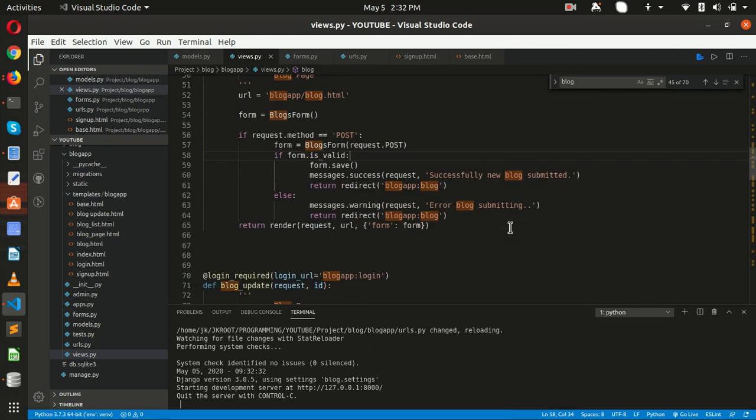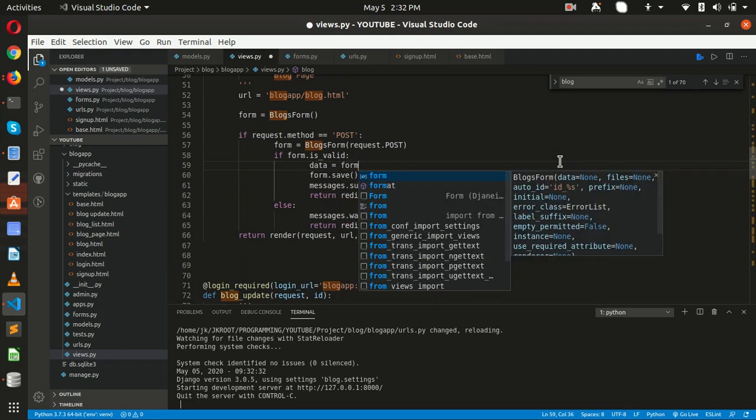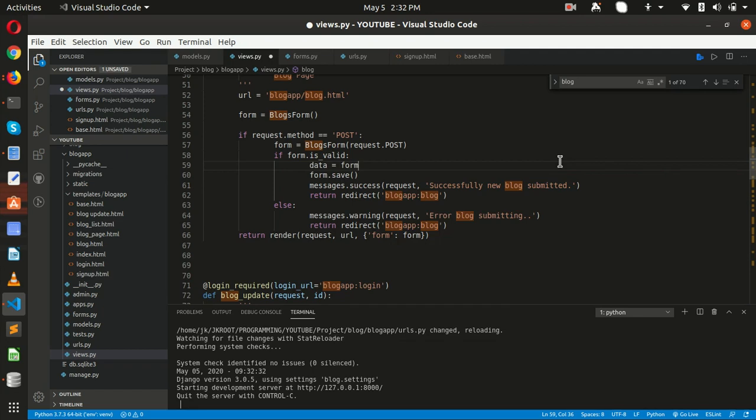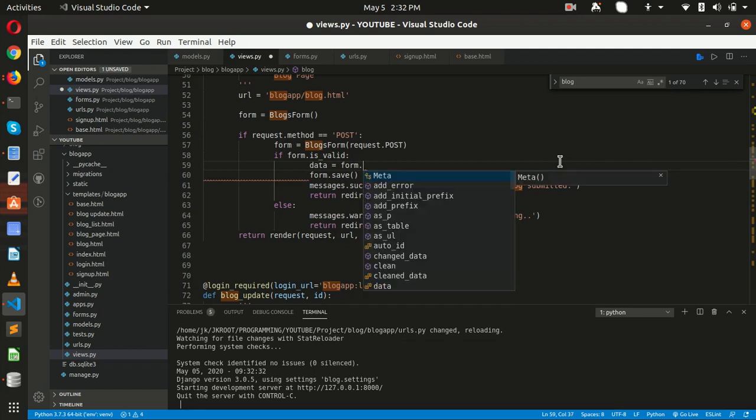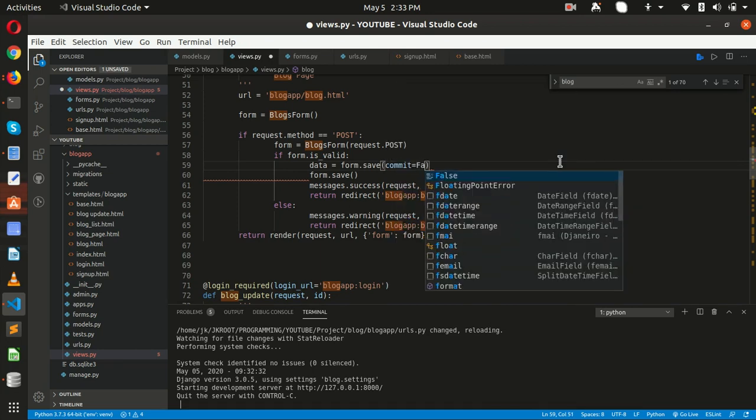So guys, what we have to do inside this is make a new variable. For example, we can say data is equal to form.save. Inside that we are going to use commit false.